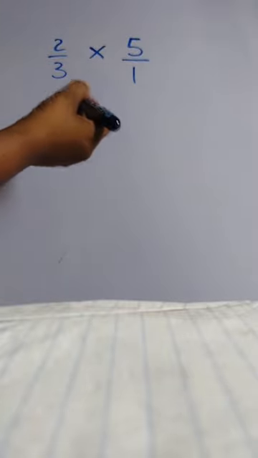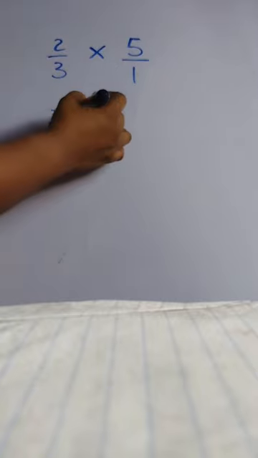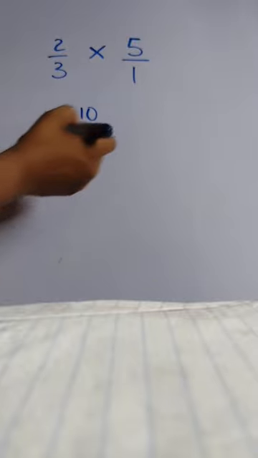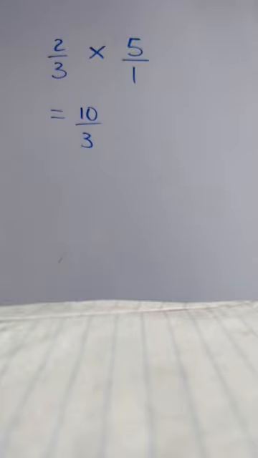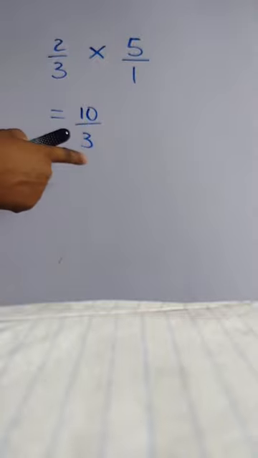Right? Now we're going to go ahead and multiply our top with our top, numerator with numerator. That gives me 10. Denominator with denominator, and that gives me 3. I'm observing my fractions and I notice this is improper. The one before was proper. This one is improper because the top is bigger than the bottom,